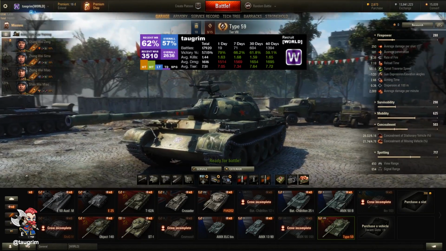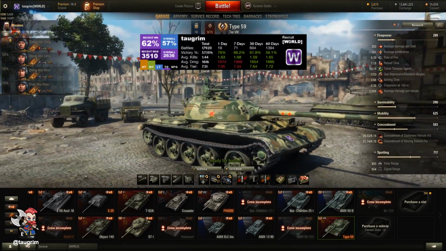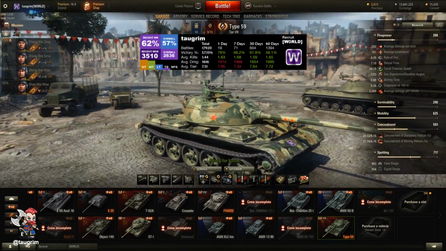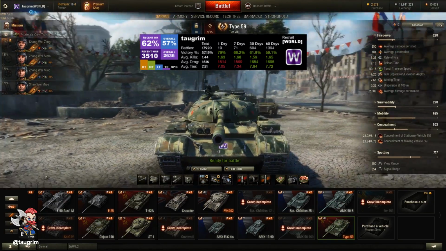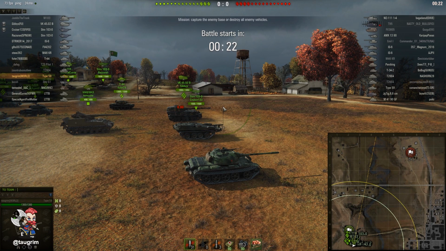Today in our road to Unicum, we review the Type 59. This is the infamous Tier 8 Chinese premium medium tank that had the community in a big uproar several years ago, and it has a reputation for being extremely overpowered. But as we're going to see in the video, in 2017, it's a solid tank, but it's reasonably balanced,